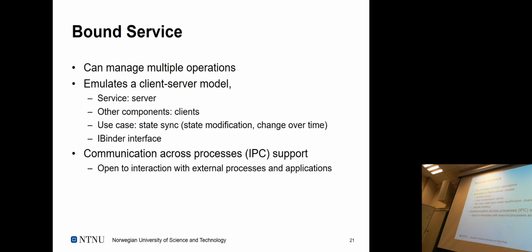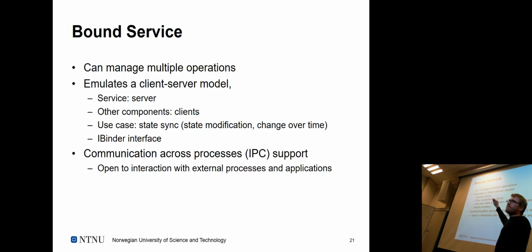Of course, you can do that yourself by implementing it and bearing in mind the multi-threadedness of the interaction and so on. But here you get it out of the box as well. So I don't think it's heavily used in practice, but it can't hurt. Plus it gives us the opportunity to briefly talk about IPC as well. And I think that's always a sensible thing to learn about.